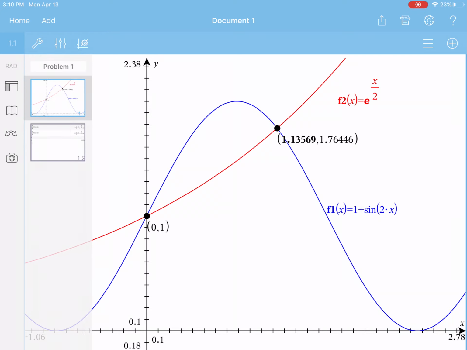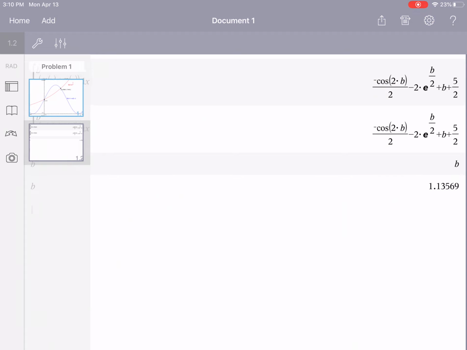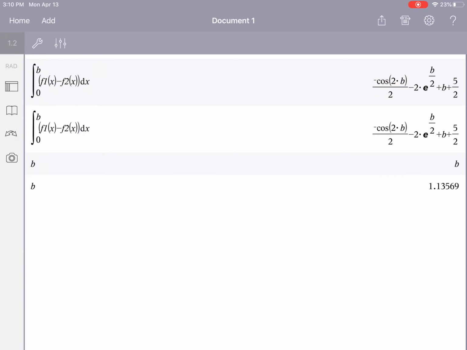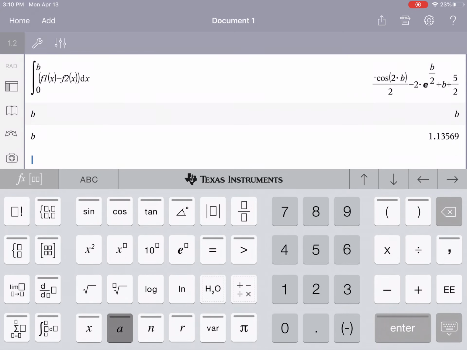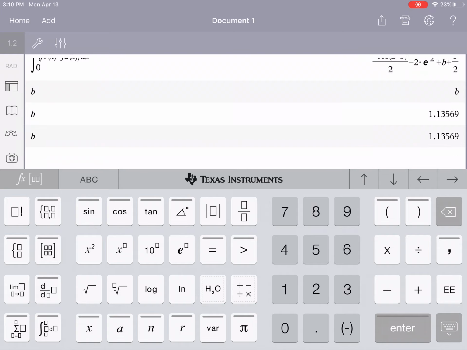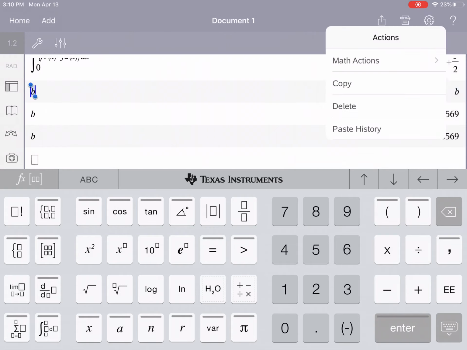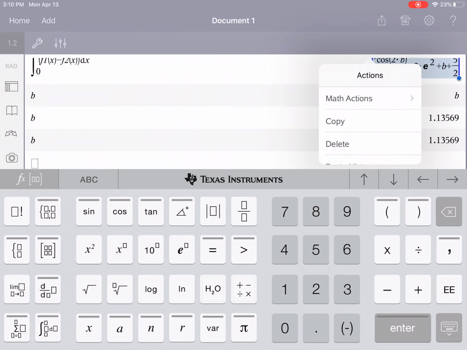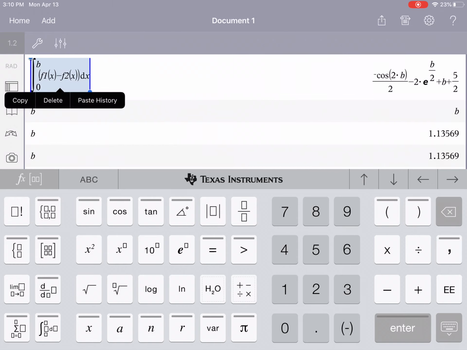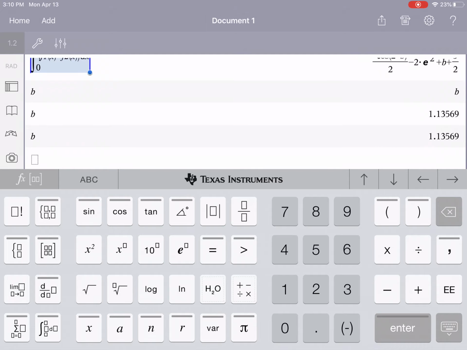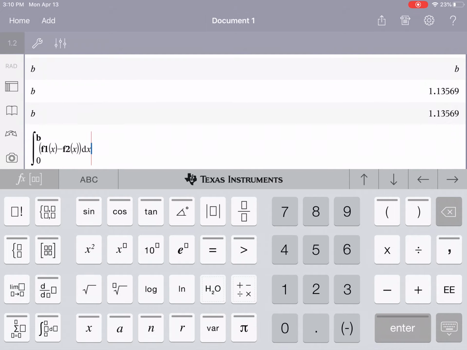So when I go back to my calculator page now, and I do the exact same value again, I think it now knows what b is. If I go to this variable button and hit b there, it's got that stored as that number. So if I go all the way back and copy down that original expression, and come back down here and paste it, now that lowercase b is emboldened, so I think it now knows